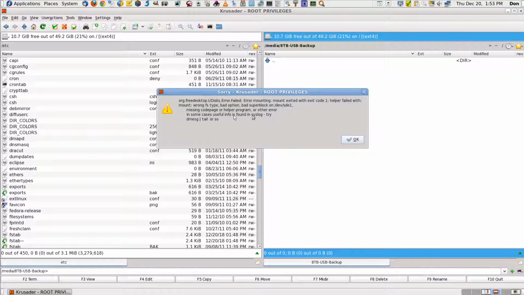Missing code page or helper program. I'm starting to wonder why I could run that program. Let's run this as root and see, but